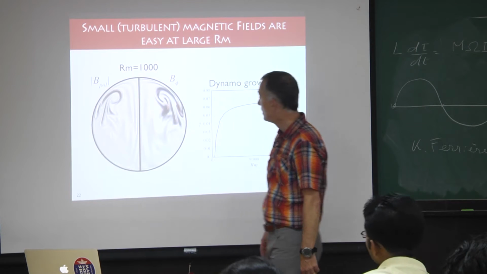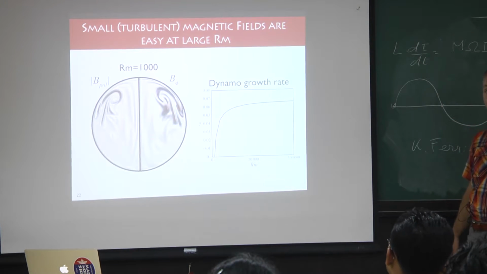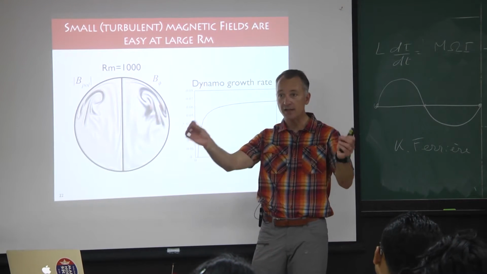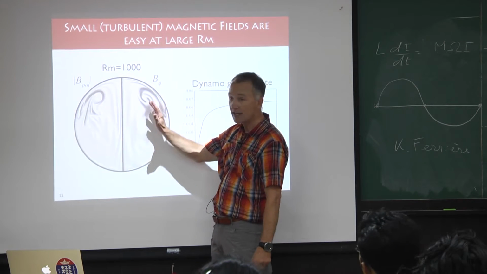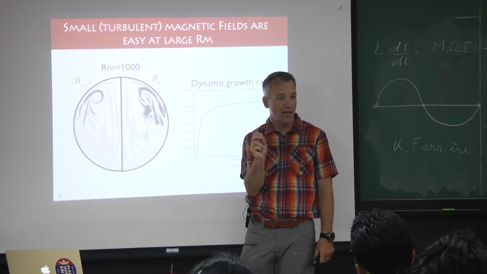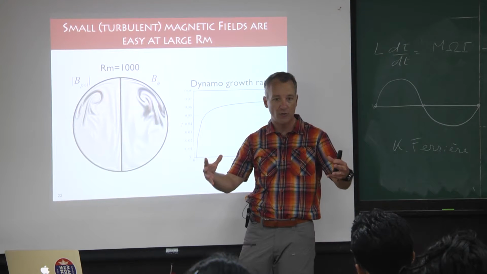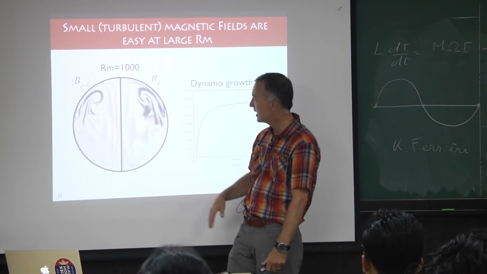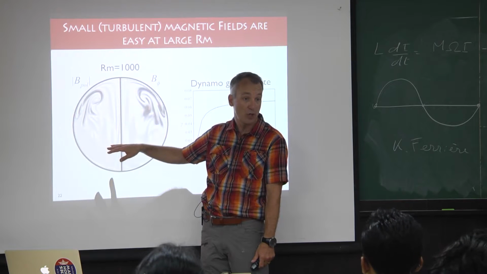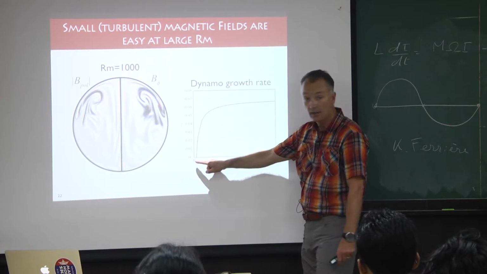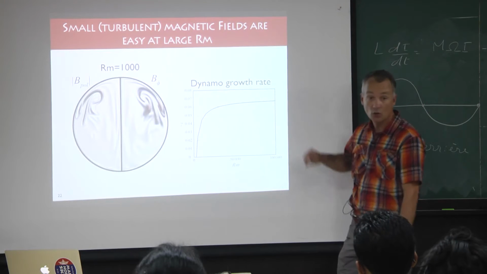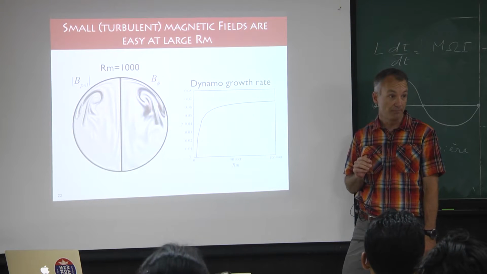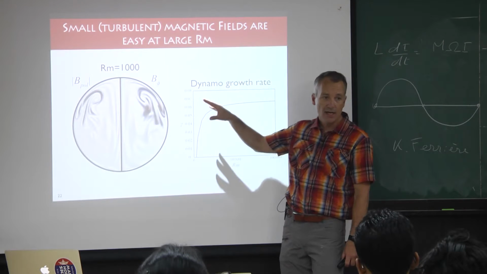But this is what the magnetic field looks like in this case, okay? It's very highly folded, it's fettuccine that's been stretched out, and you get lots of magnetic energy, but on very small scales. There's no large scale magnetic field being generated. There's no magnetic field like a dipole that emerges from this, it's what we call a fluctuation dynamo or a small scale dynamo, but it's fast. As far as we can tell, its growth rate stays finite for magnetic Reynolds numbers as large as we can calculate. Okay, so this idea that I just showed you